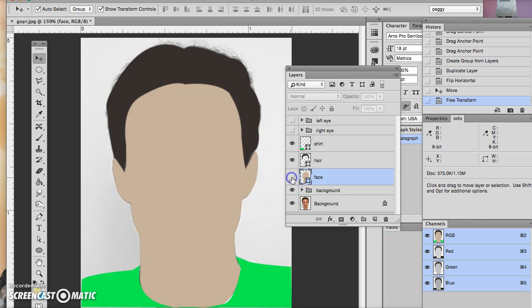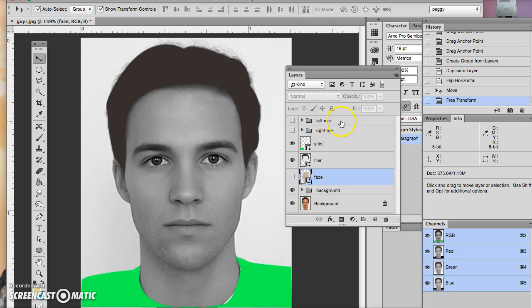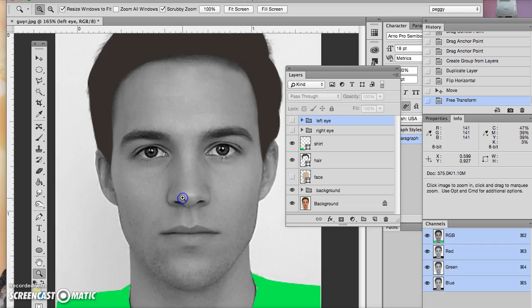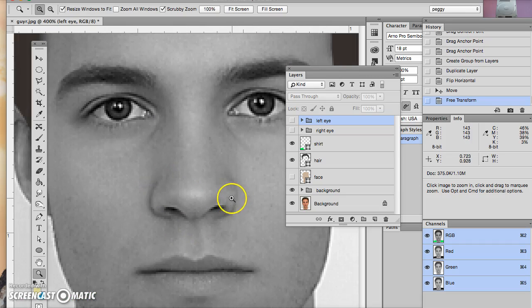the face. And again, I do that, and always make sure though that when you're making these new layers that you click on the top layer, because I want everything to be on top. And so now when I go ahead and get ready to do the nose, I can go ahead and zoom in on the nose and go ahead, and probably here I would make a pen tool here around the nostrils. I would make another shape here, maybe make a really light shape here, and maybe do a little bit of